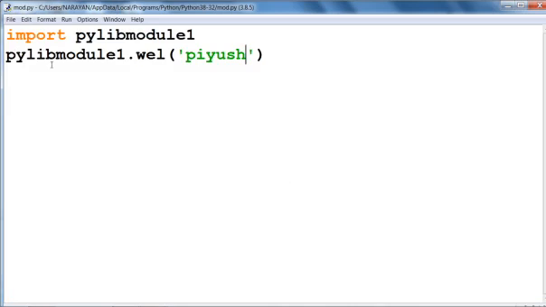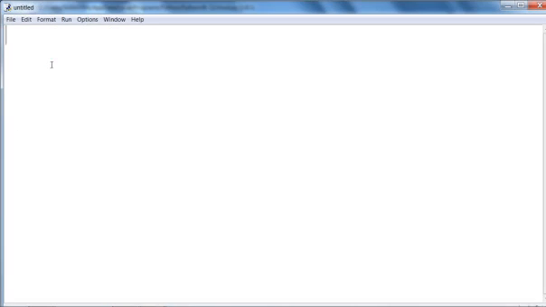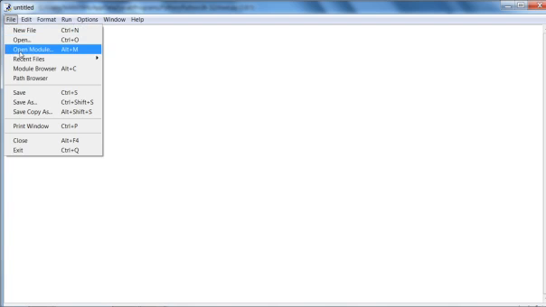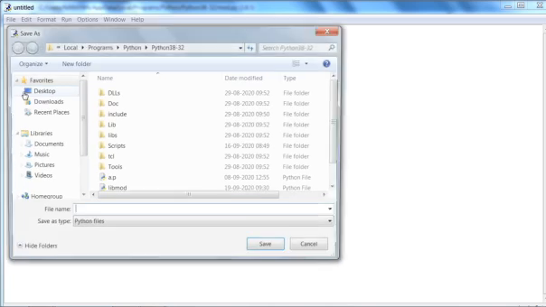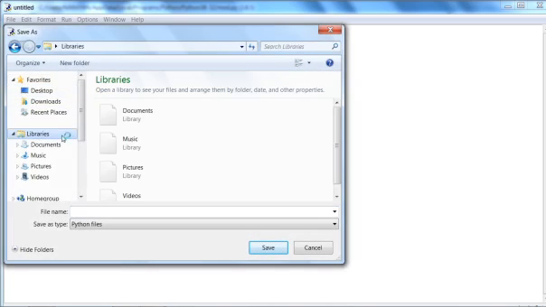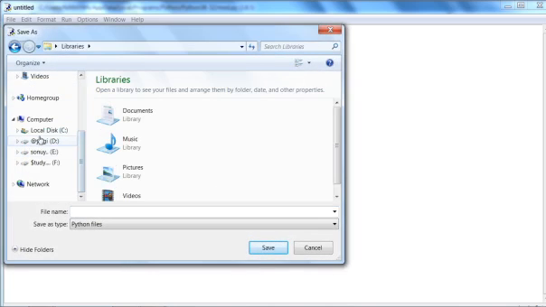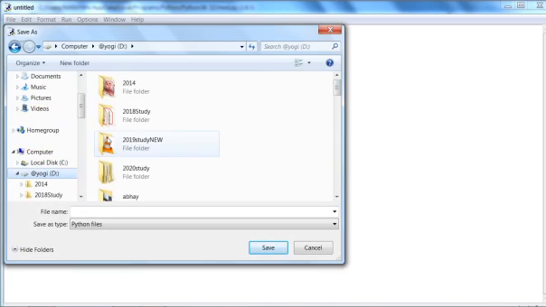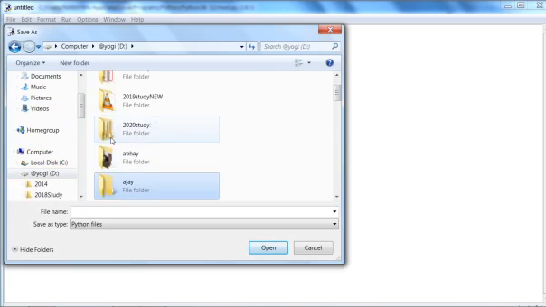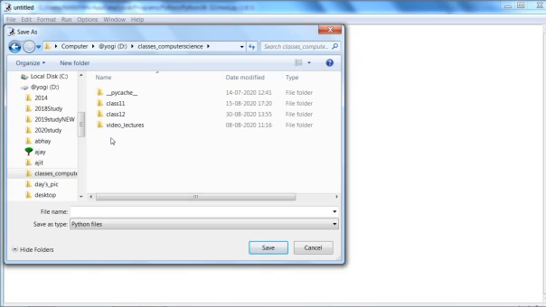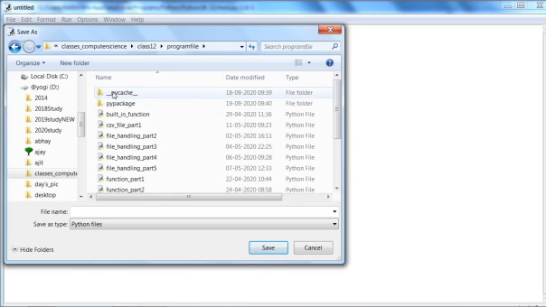Now we are going to save this file. Where to save? We have to save it in our created package, that means in our folder packages.